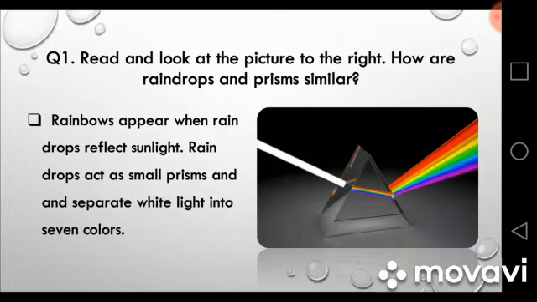Actually, when it rains, sometimes you can see rainbows. Have you ever thought how rainbows are formed? The small droplets in the air after the rain act as prisms. When the white light passes through them, they split the light into 7 different colors, and they act as a prism. That's why we can say they are similar to the prism. They are also separating the white light into different colors.